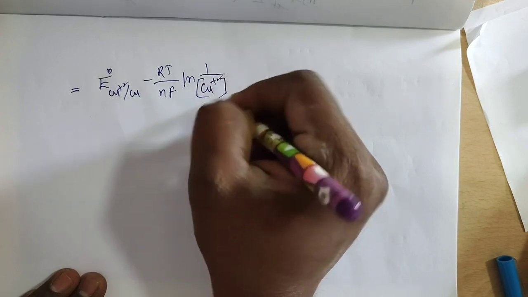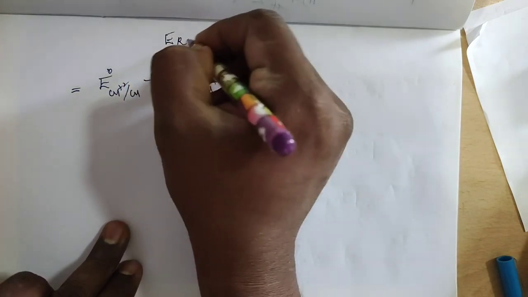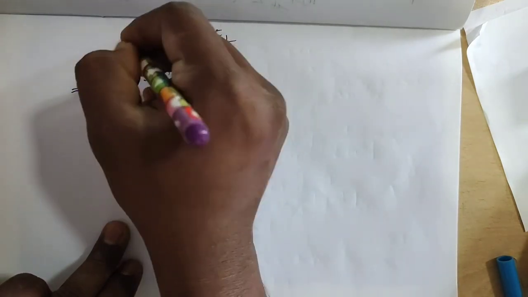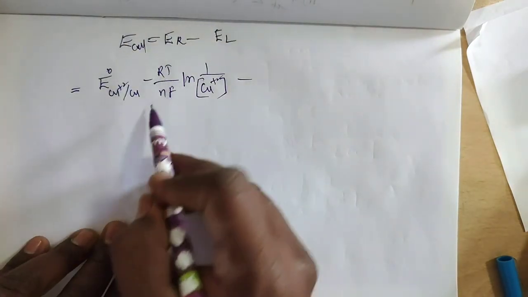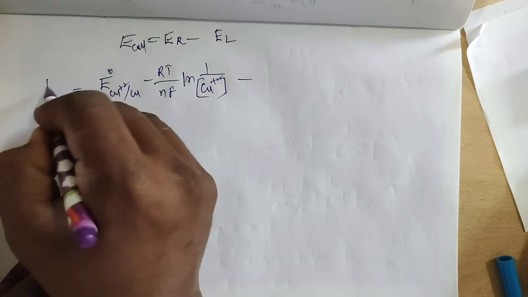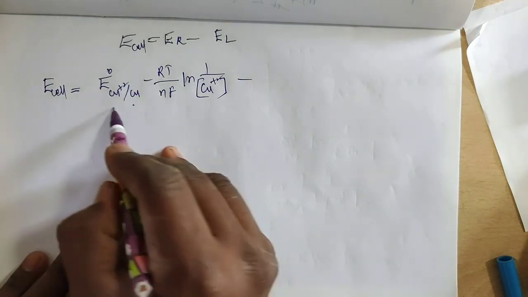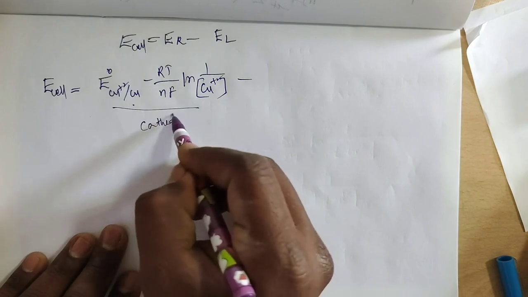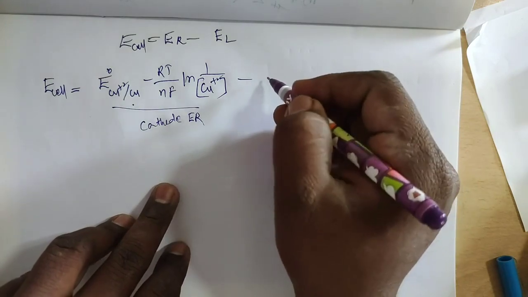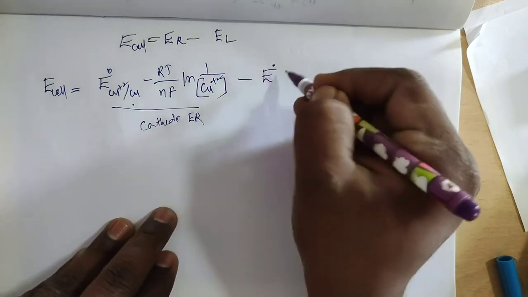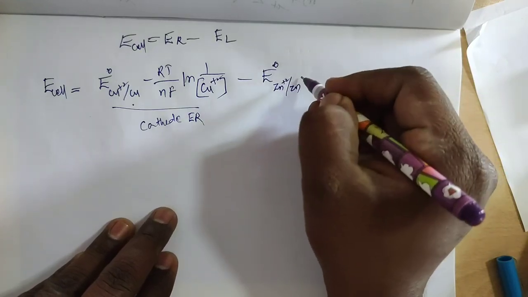So this is the cathode. Minus, what is this? E right minus E left. E cell equals, this is the formula. So E right is this one. E cell equals, this is the cathode. That means E right minus E left. E left, which one? Anode. So you take E0 Zn+2/Zn